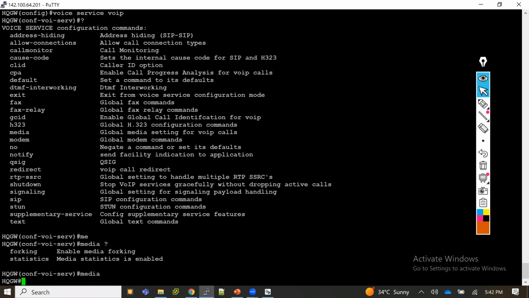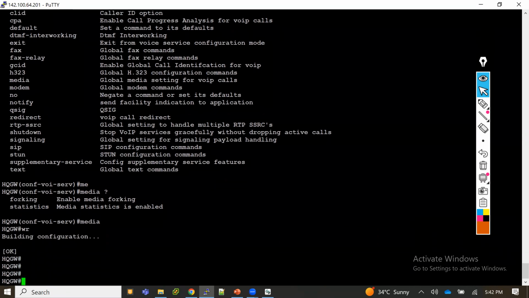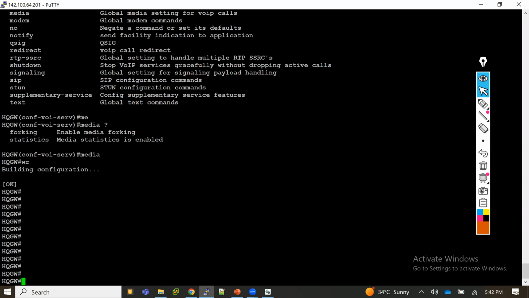Okay, so I'll just save this one, but don't change anything on this gateway, whatever I have removed. We can see on that one. So that's it for today. Tomorrow we'll go with